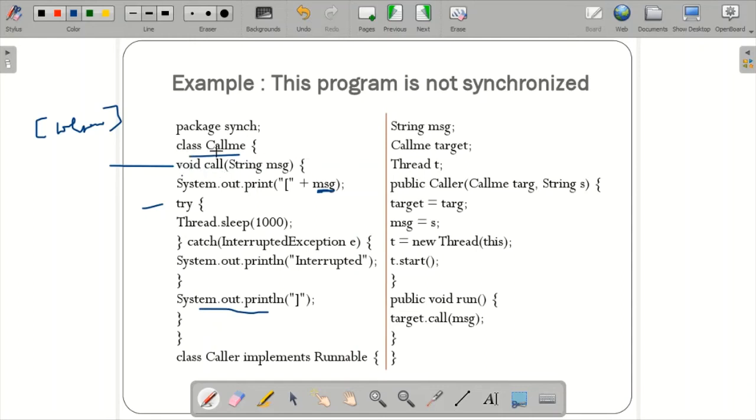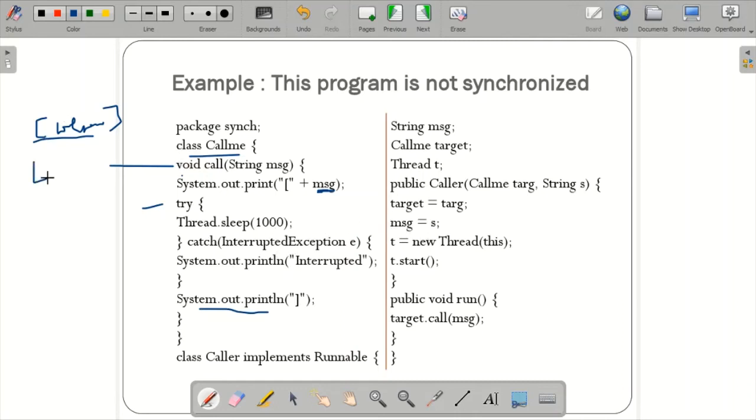So I created class Callme, then a void call function, and the message, for example, is Welcome. System.out.print will print up to here, and the thread sleeps for a certain time. If the sleeping thread is interrupted, it will print this; if not, it will print this. But in between, for example, if multiple threads are there, the output will vary.